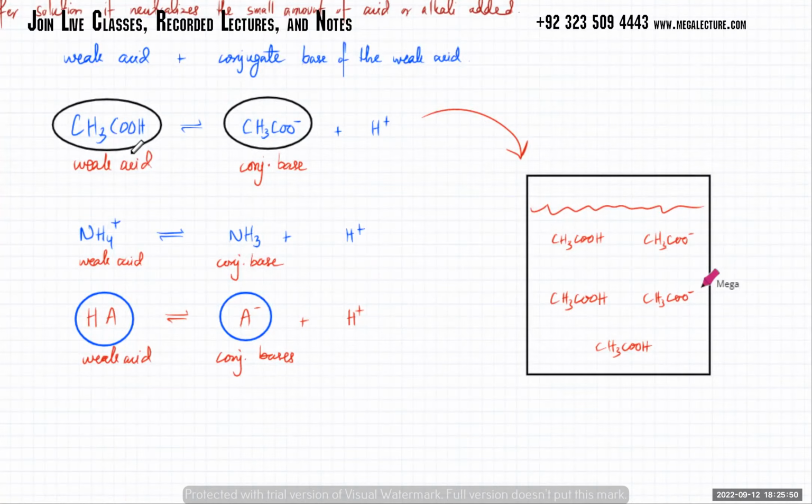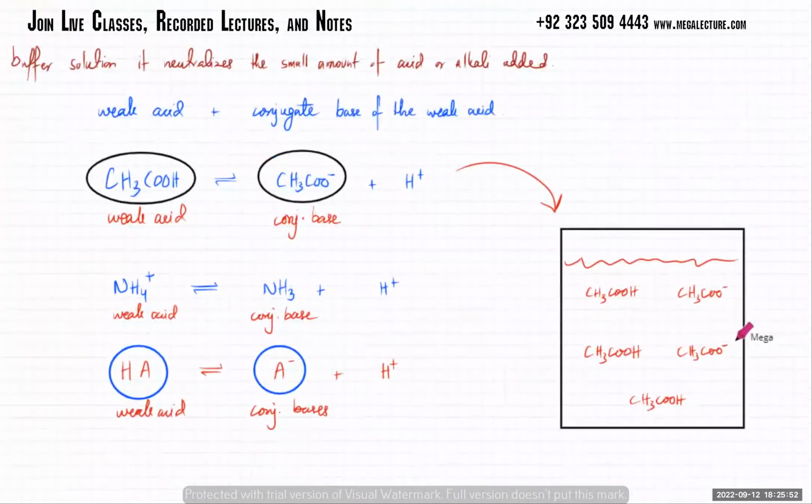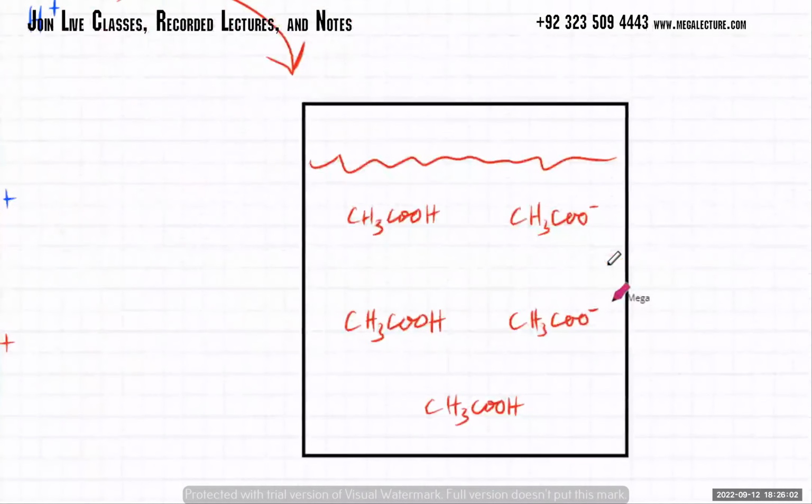It's going to resist a change in pH. It will neutralize whatever acid you add, it will resist a change in pH. Okay? It will neutralize the acid. If you try to add alkali to it, it will neutralize it. Okay? So let's say I've got this buffer. Now look, coming to equations, if I try to add H plus